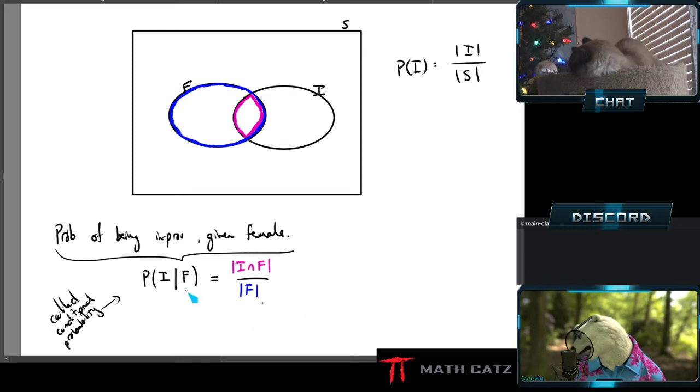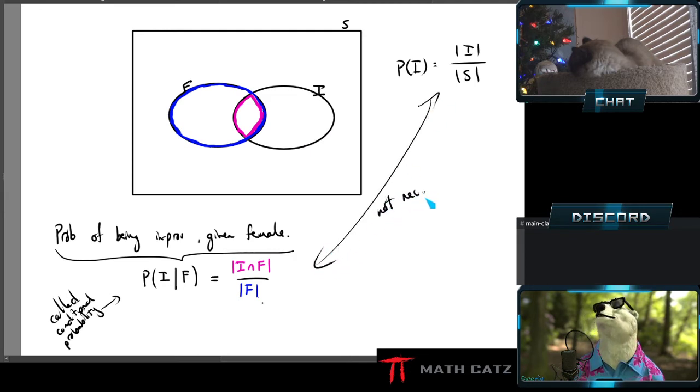changes things. As soon as I know a little more about what has happened behind the scenes, someone gives me some inside information, the person that selected, so there's a selector of this random person. And before I calculate a probability, they whisper to me, hey, it's a female. Oh, well, that changes things now because the proportion of in province females to females isn't the same as in province people to all people. It's not necessarily the same. It could be in some rare cases, sure, but most of the time it won't be the same.